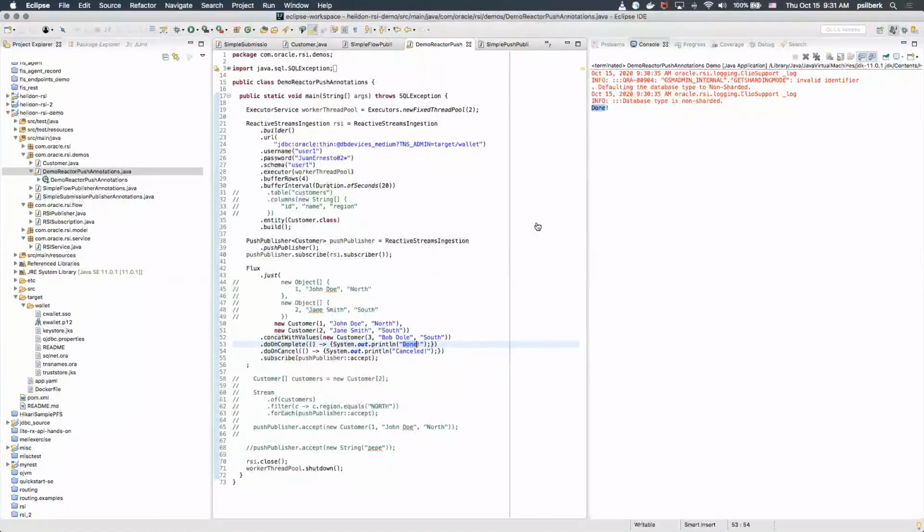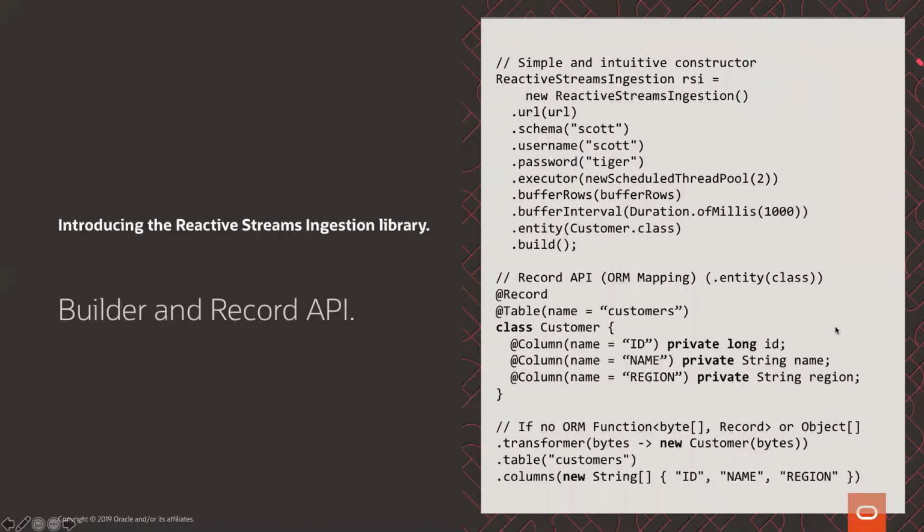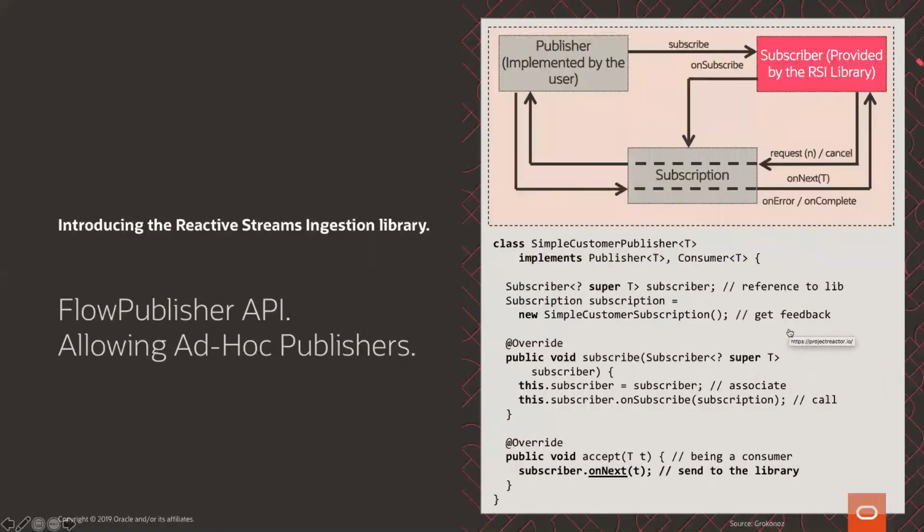But now, going back: okay, this is for the reactor. If you are interested in looking at it, you can go to this URL and you can see. So what is the Flow API? This is definitely something that, if you haven't seen before, you can investigate. The Flow API is a new API added in Java 9. Basically it provides interfaces for you to use, and the interfaces are publisher, subscription, and subscriber.